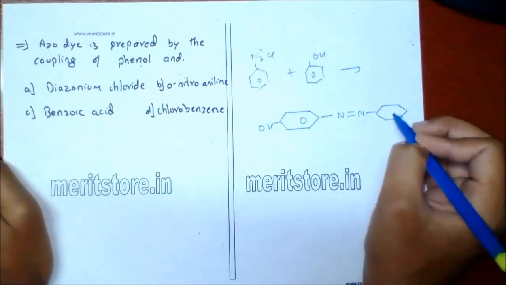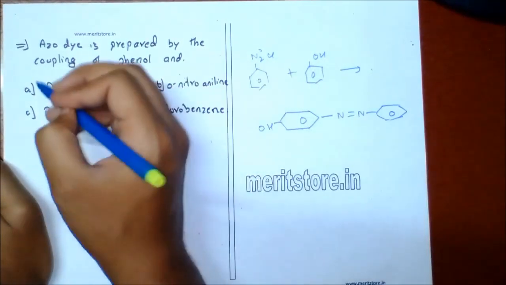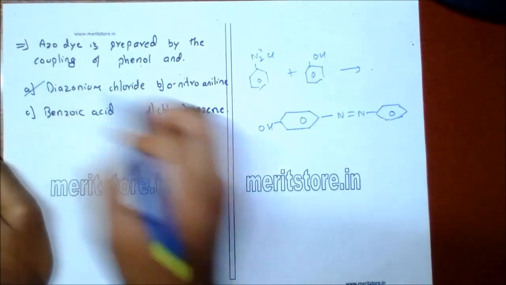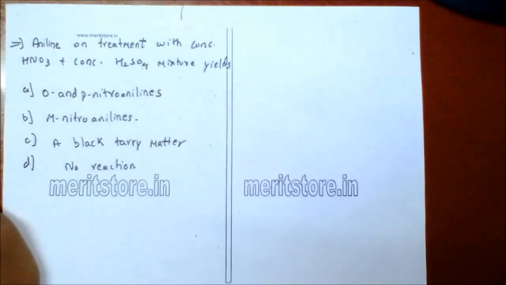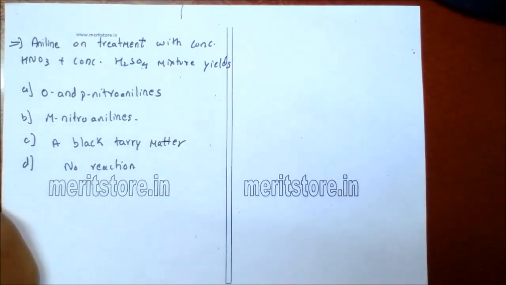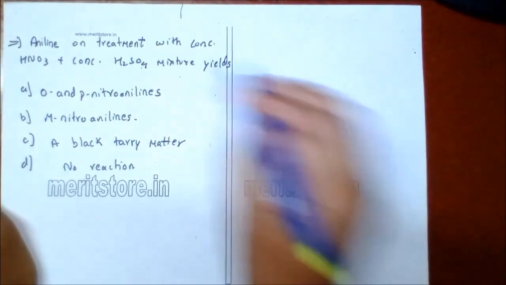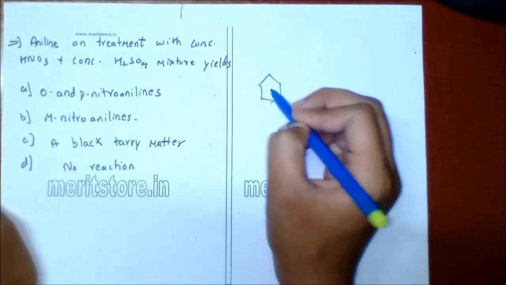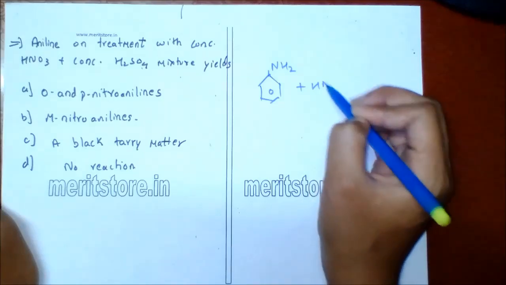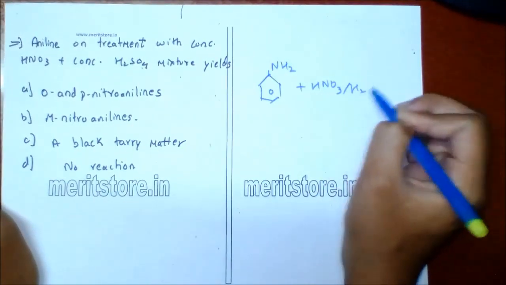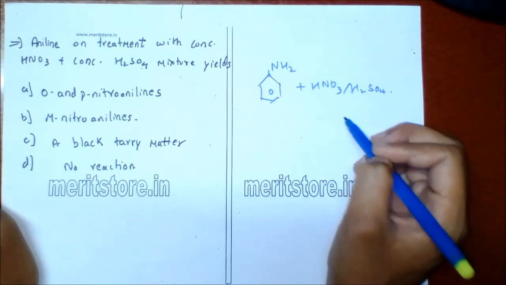So this is the product, para-hydroxyazobenzene. So diazochloride is reacted with phenol, option A. Aniline on treatment with concentrated HNO3 and H2SO4 mixture yields: A. ortho and para-nitroaniline, B. meta-nitroaniline, C. a black tarry matter, D. no reaction. So when aniline reacts with nitrating mixture, that is HNO3 and H2SO4, there will be formation of black